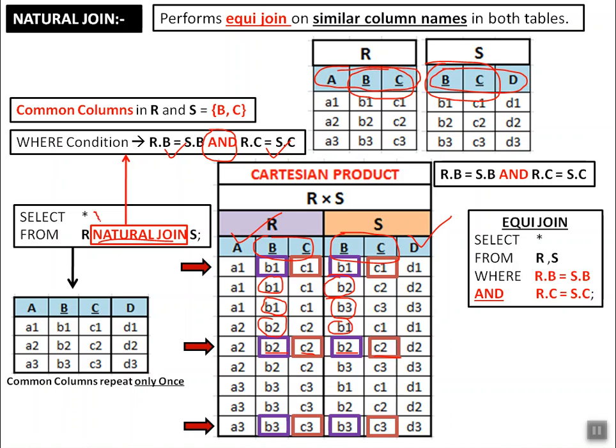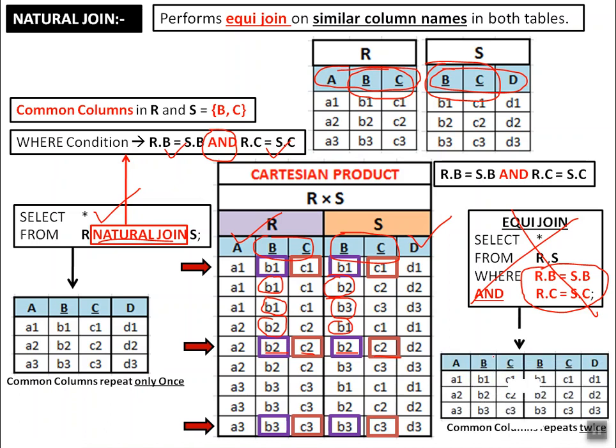Sir, can't I write natural join in this way? Yes, you have written the conditions, but it is not a natural join. Common columns will come twice in this result. Though the number of rows are the same,